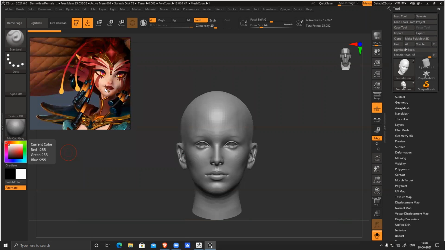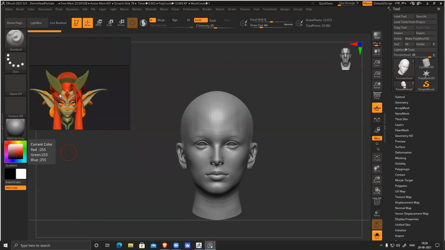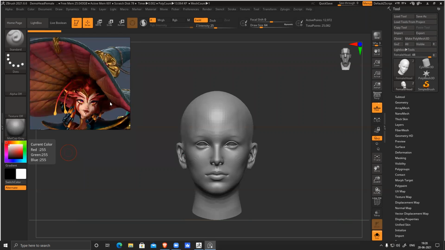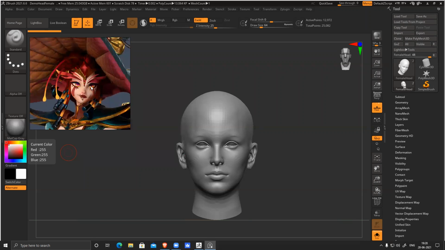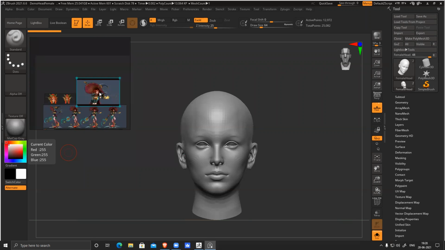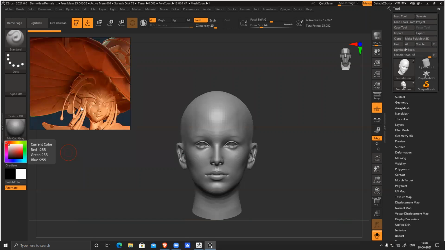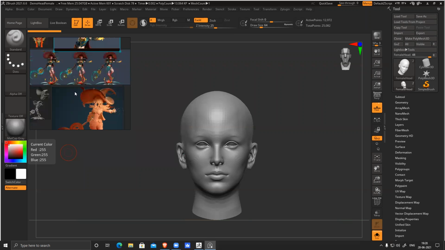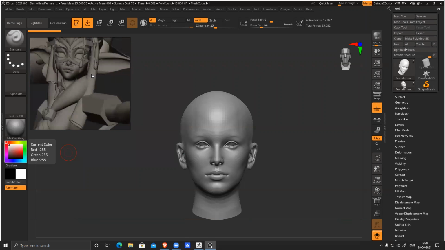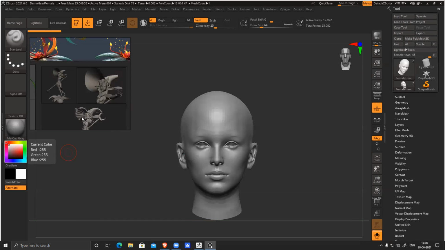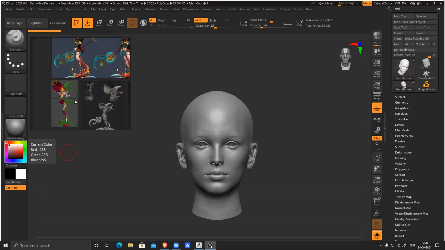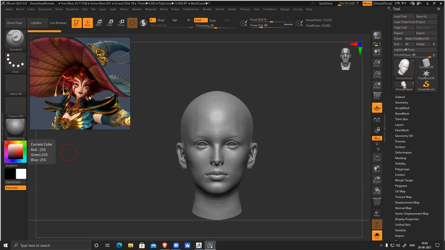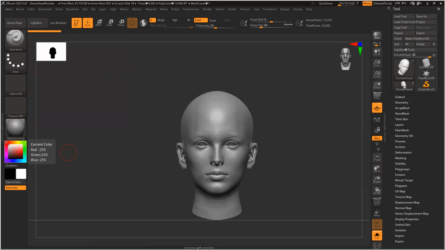So okay, you can see this blocking and the final is different. There's a lot of difference here. You can see those thick banks are not there, and this is a little different. Initially they blocked out, then they changed the design. You can see clearly they have changed the design here. So it's better to refer to this one only. So let's keep it here.